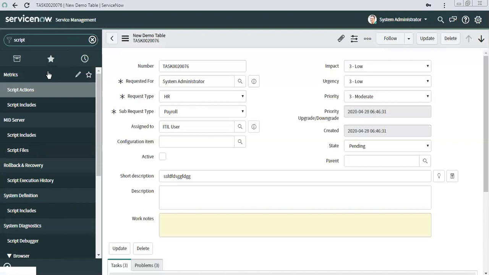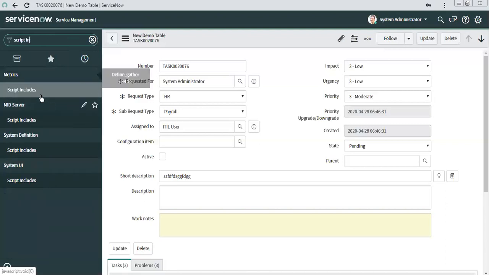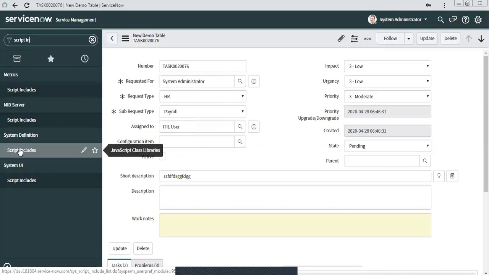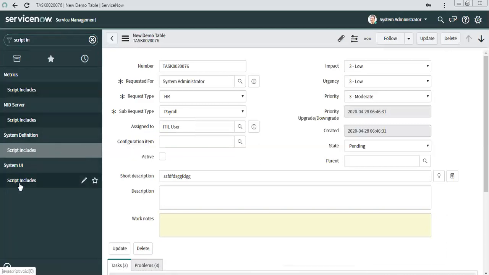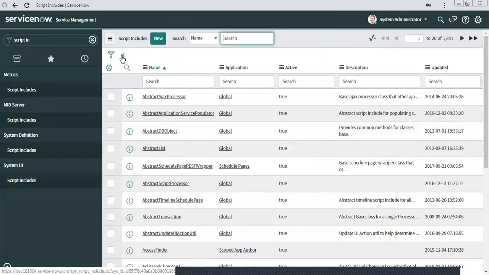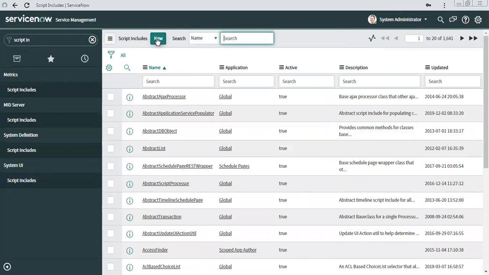So mostly we use Ajax in the script include, is it? Yeah. Ajax will be used in client script, but script include is something which will have the server side code. But Ajax is a server function, right? Ajax is a client function. Ajax enables client to server calling.